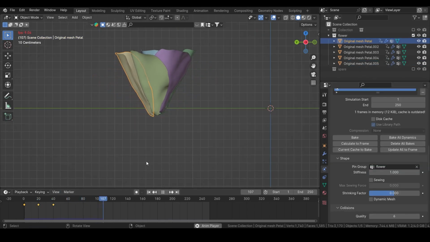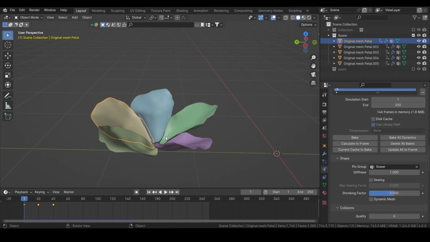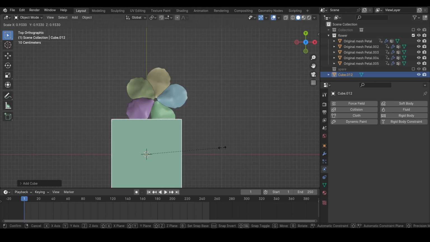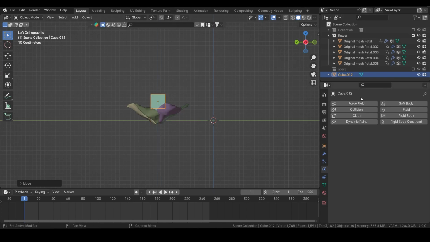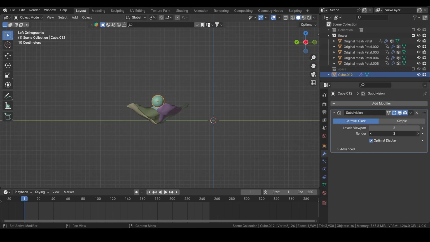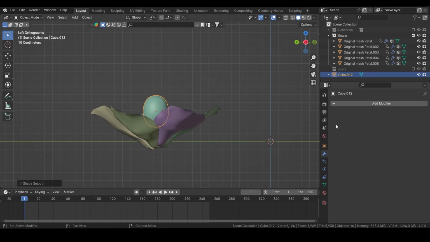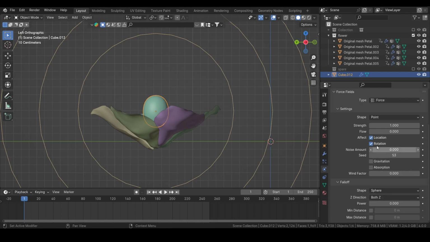So now we have this. The next thing we need to do is to add a collider, basically to have it appear like it has a board inside it. So Shift A, add a cube, scale it down, move it towards the center, go to left view, move it up, add a subdivision surface modifier, scale it on the Z to make it a bit oval, bring it down a bit, apply the subdivision, shade smooth, go to physics,